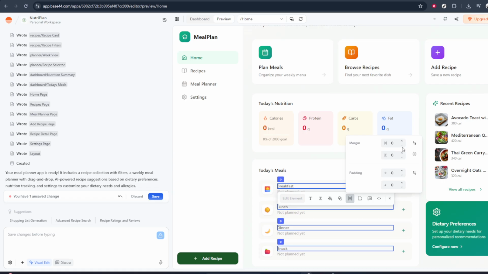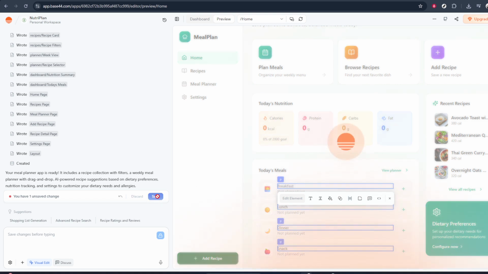As you adjust the margins, keep an eye on the live preview in Visual Edit. Small changes, like a few pixels at a time, often work best so you can see exactly how your layout responds. Once the spacing looks balanced and everything feels aligned, you're done. You've successfully adjusted